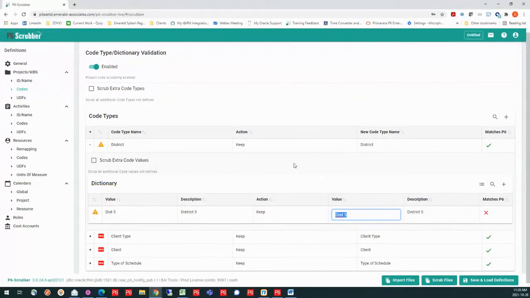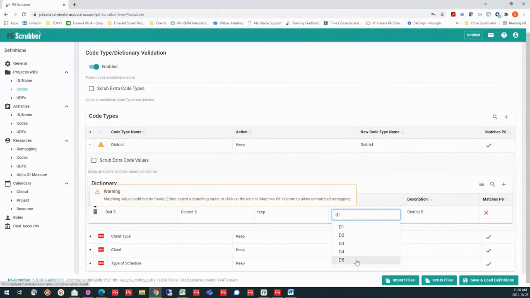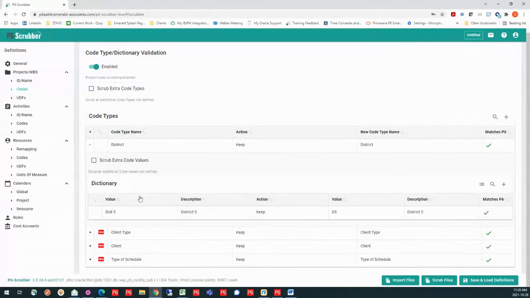So I can go into the value that this second part here is showing me what's actually in my database, and I could type it and I can see, oh, mine is a D5. So I can select it, and now I have the ability to remap this DIST5 to D5. So it's going to go in and it's going to update that value in my XCR when I run the